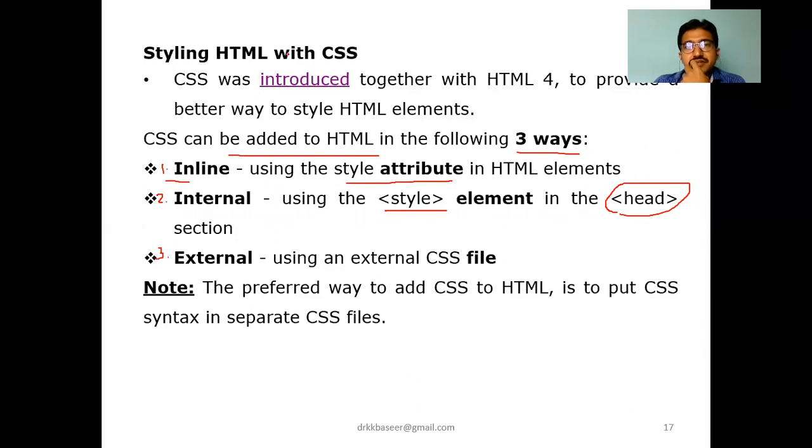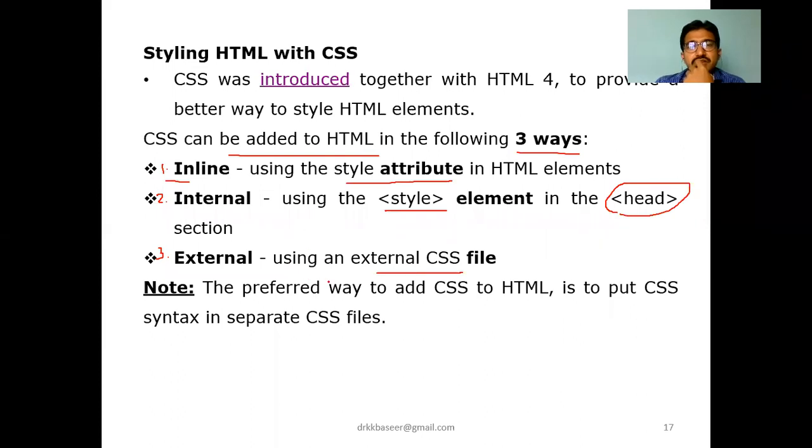So in external, it is going to be talked about. In external, we are going to save that style in a separate .css file, and we are connecting that CSS file to our HTML, right?